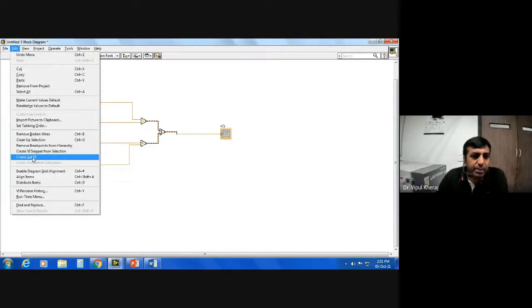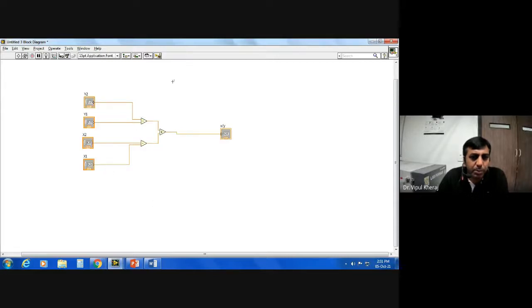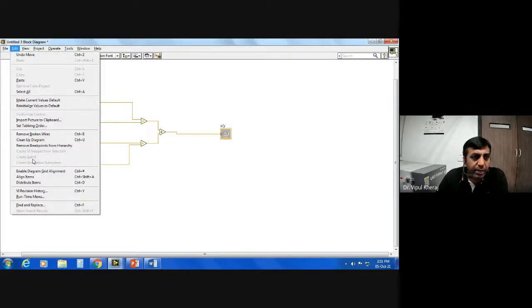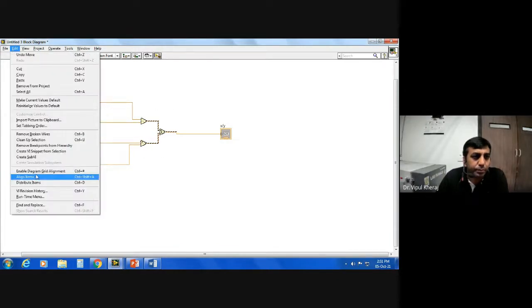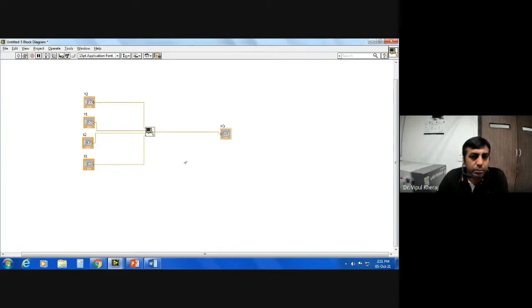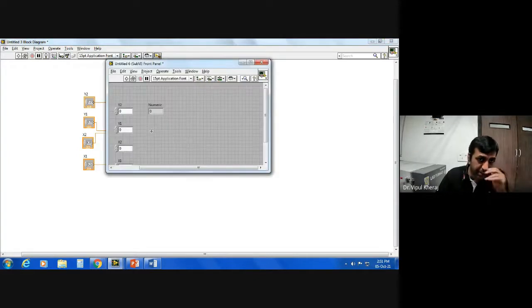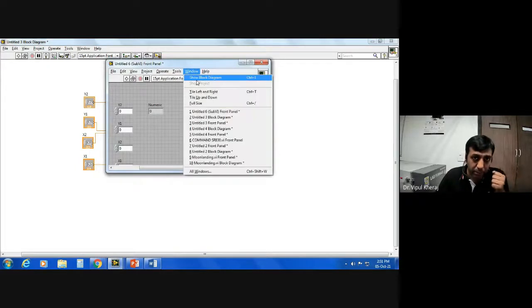Right. So create sub VI will replace this part of the program by a VI. So when I do create sub VI, you see, now this is a small program which is a separate VI, right?